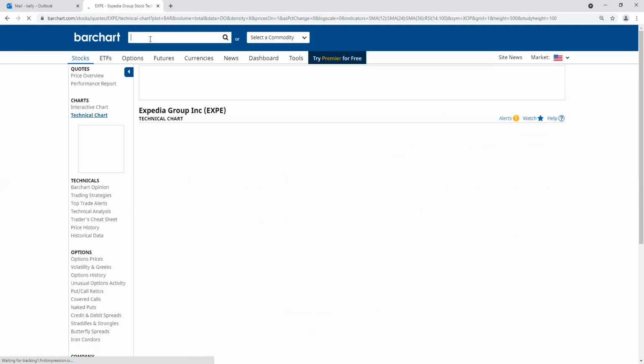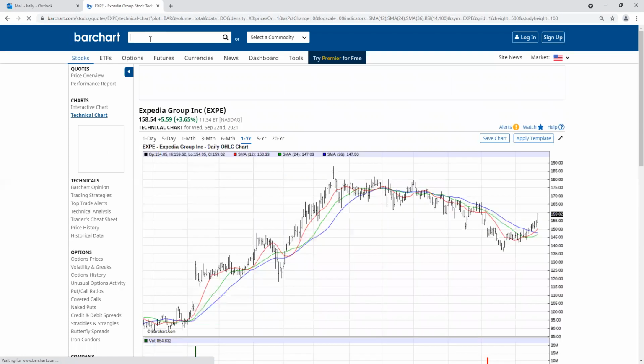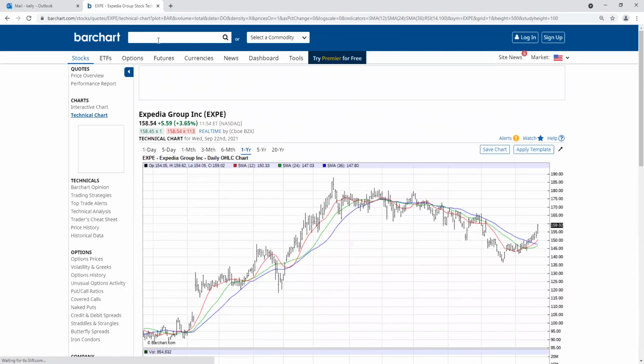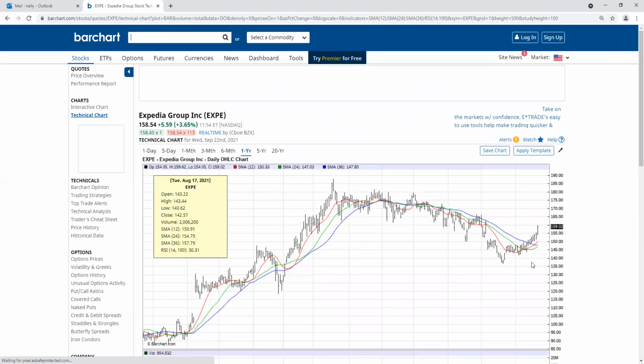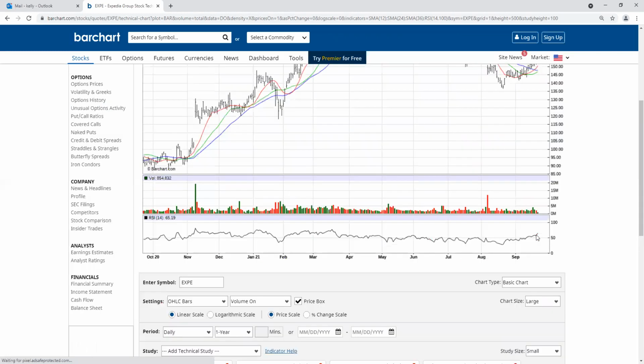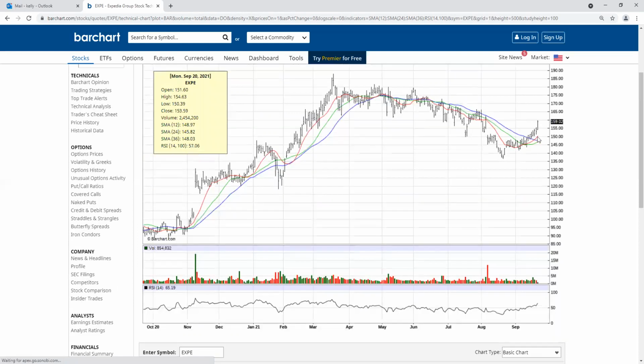Anybody who travels, they like Expedia. I like to get my cars, my hotel, everything with these guys. And this thing looks like it's going someplace. And again, there you go. So you should definitely be looking there for some good up move.